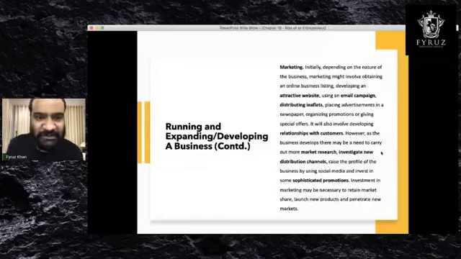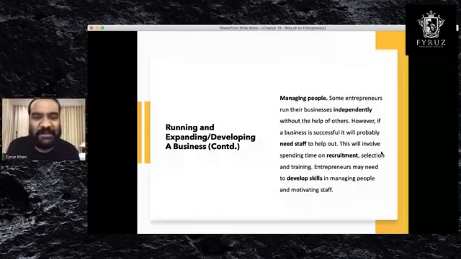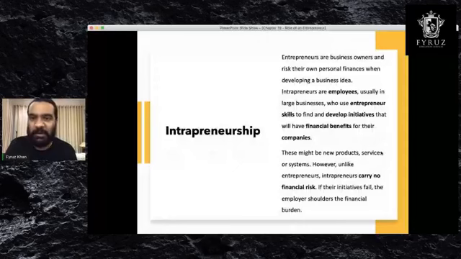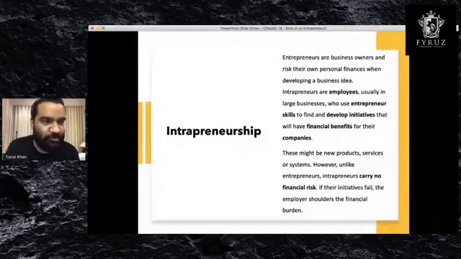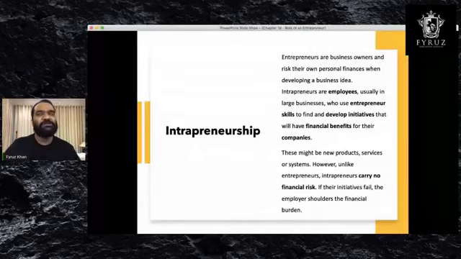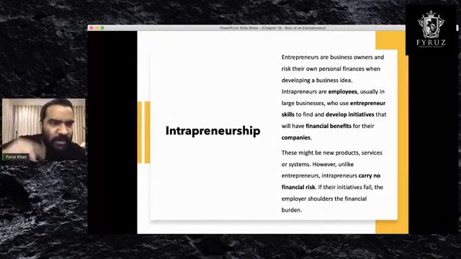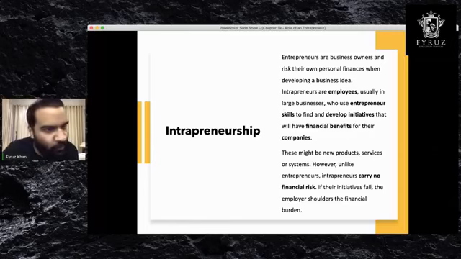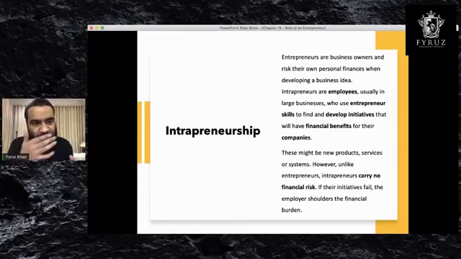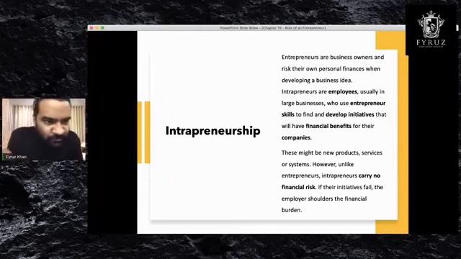We're moving on to the next segment, which is entrepreneurship. Have you ever heard of the term entrepreneurship? Entrepreneurship means someone who has an innovative idea and creates a business of his or her own using that idea, a creative, innovative idea. And intrapreneurship means you create an idea within a business.